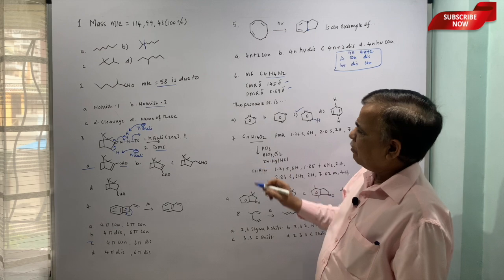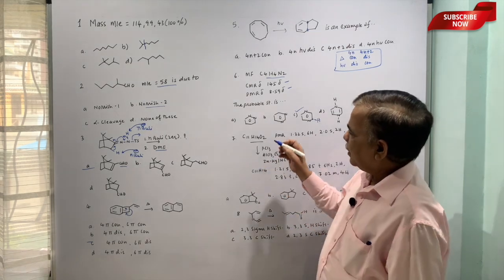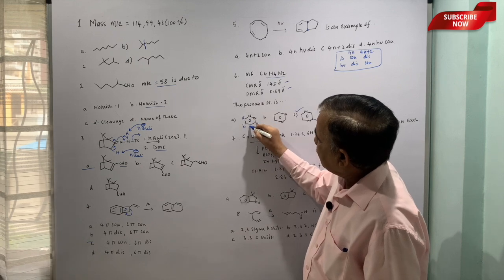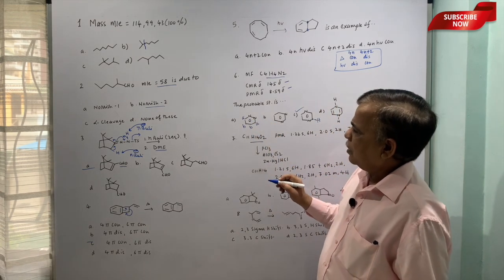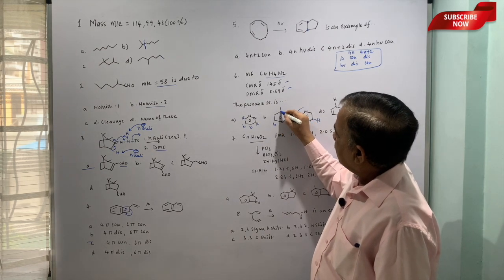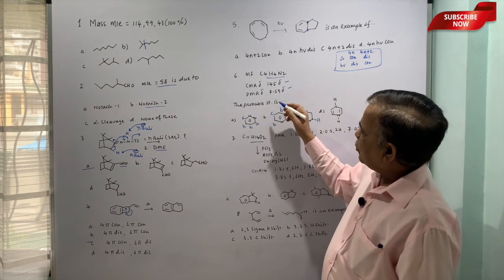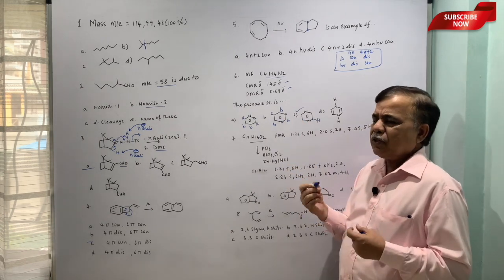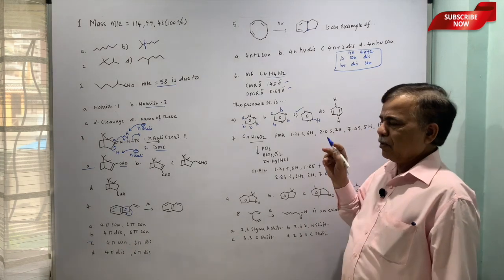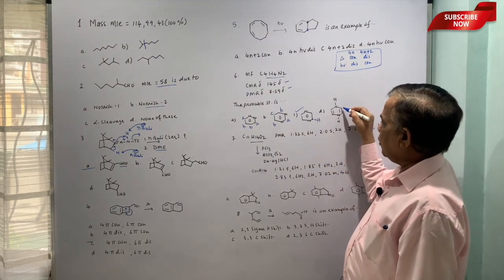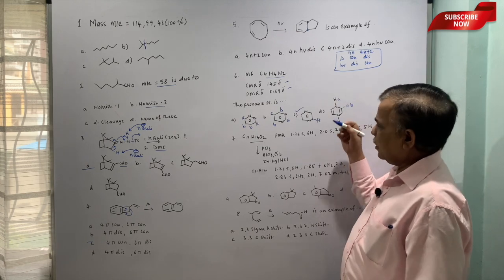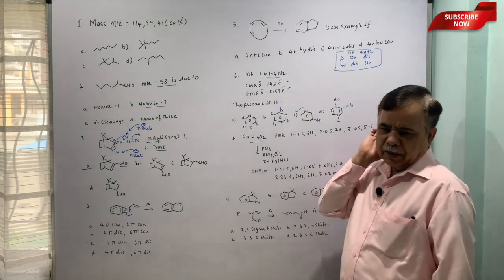Here you will have more number, like this will be A, this will be B, so at least 2 types of carbon, A, B and C. So on the basis of carbon also you can rule out, and on the basis of proton also it will be different. Now here it is entirely different, because we have 2 sets of protons, one is this is A, let us say this is B. So even on the basis of that it is ruled out.